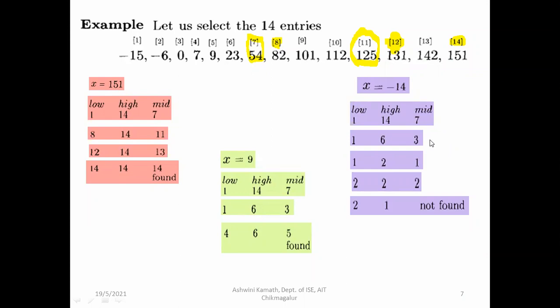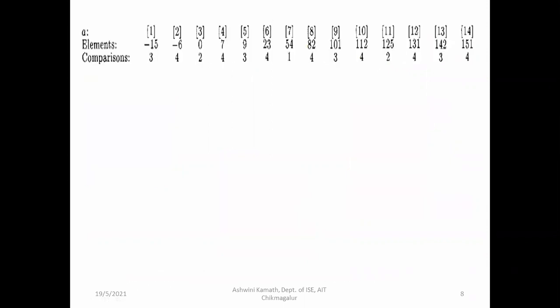So you can check how many comparisons: 4 comparisons for an unsuccessful search. I hope you are getting it. For the last one, we need not find the mid value, because when the high value is less than the low value it will not be calculated, so the comparison will not be done here. So only 4 comparisons will be done. So these are the 3 examples of binary search on these 14 elements.